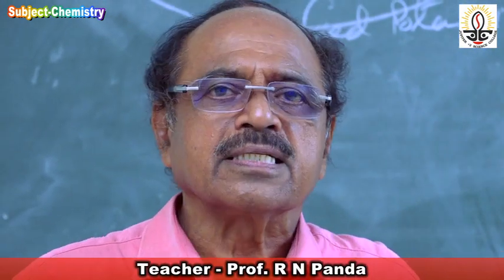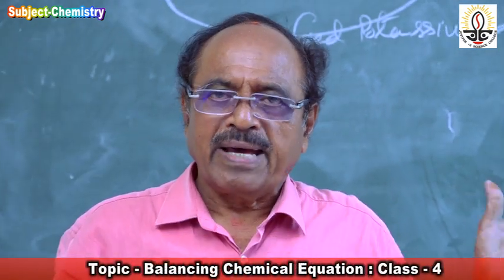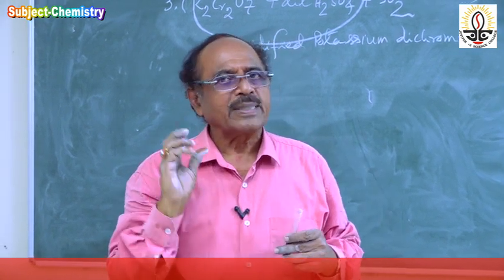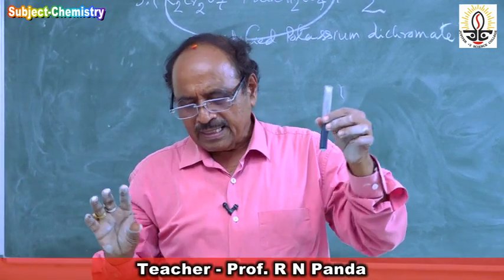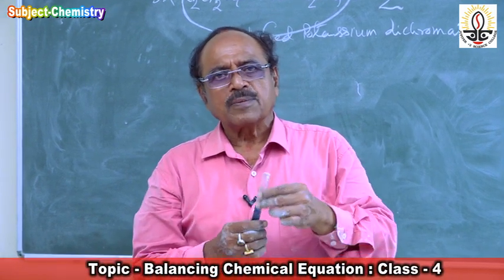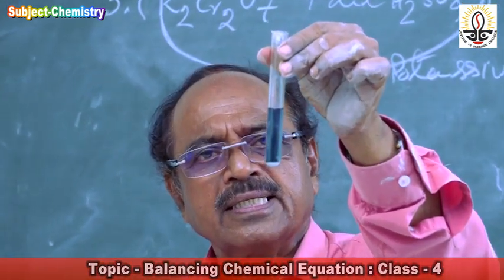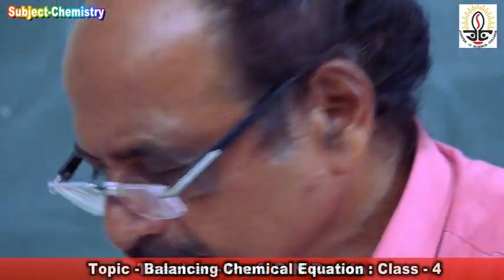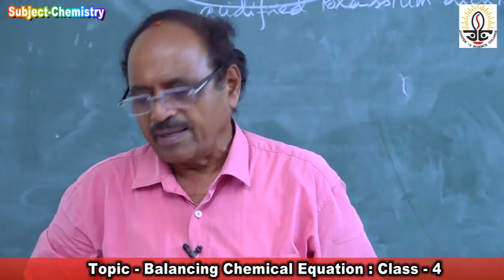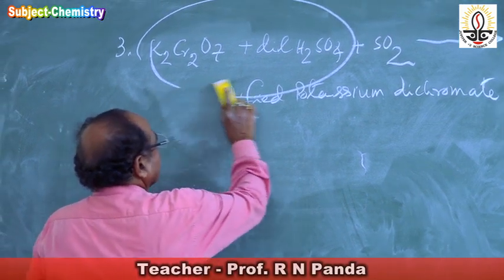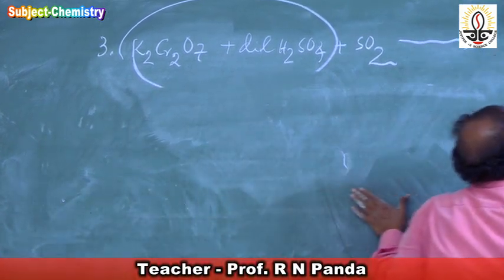I will write the reactions for that and balance those chemical equations by the partial equation method. I took potassium dichromate, added sulfuric acid, that is orange yellow color. Then I produced sulfur dioxide gas and allowed it to react with potassium dichromate. It gave me a bluish green solution. Why and how this happens, the chemistry of this reaction, I will write now. I have done the experiment and got this result. Now I will write the chemistry behind this reaction.